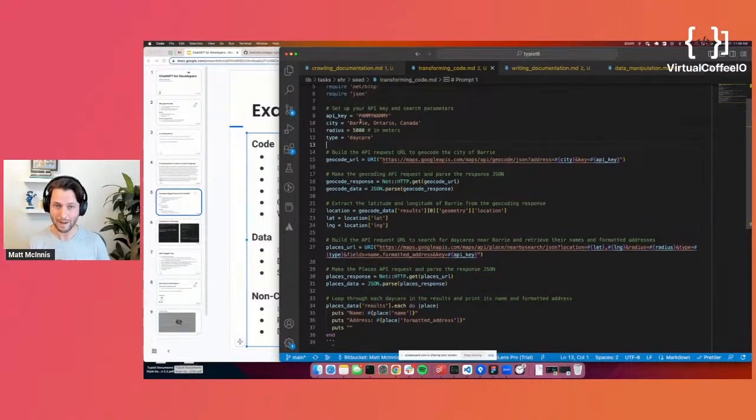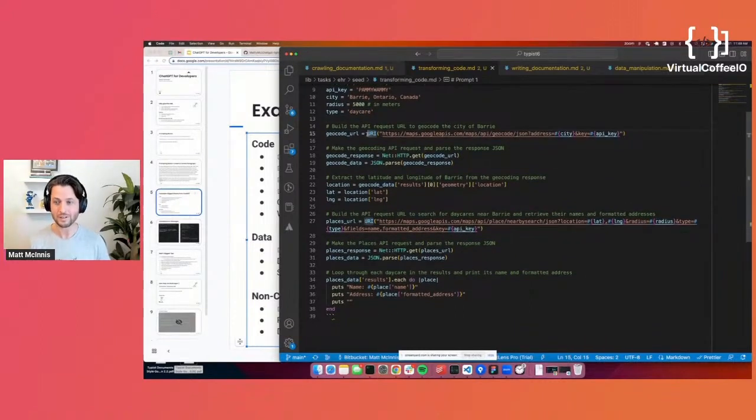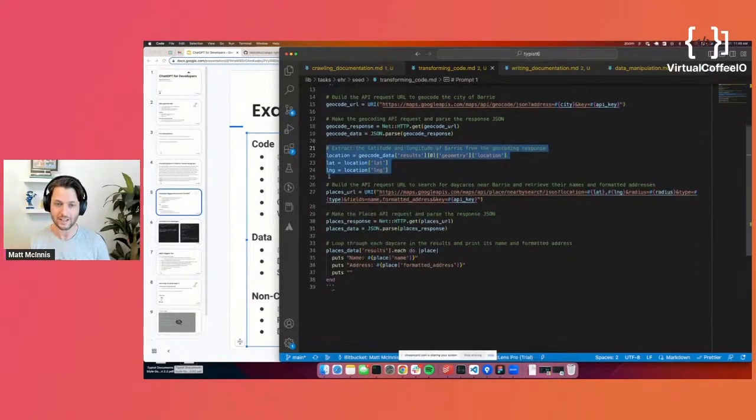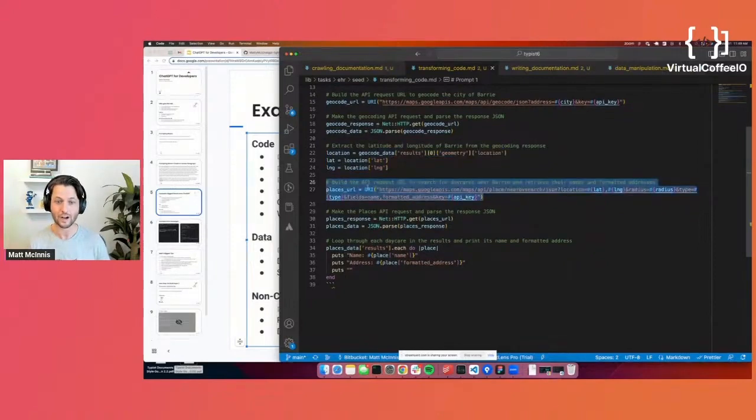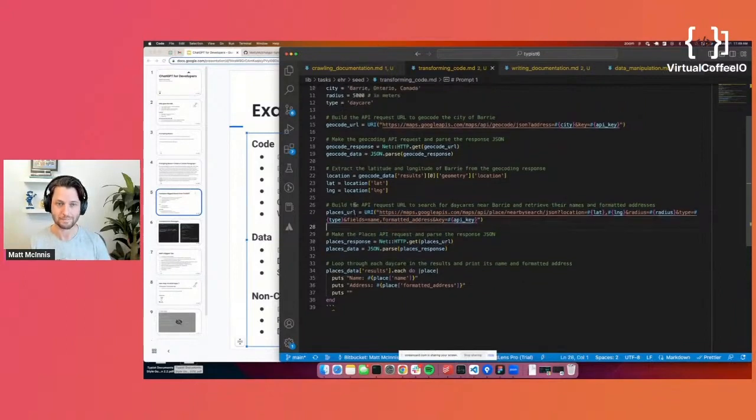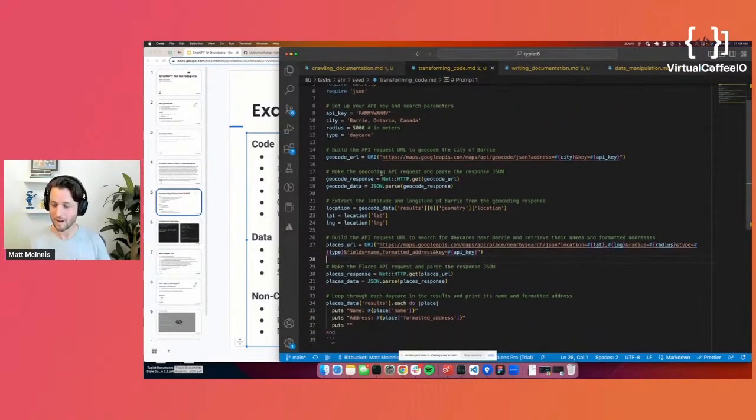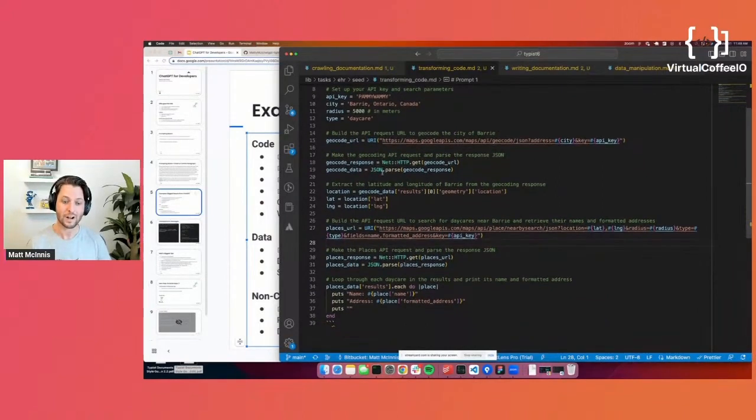And to do that with the Google Maps API, I need to make sort of 3 requests. I need to request the long lat of Barrie first, and then down here, I get the location, and then down here, I query for all the daycares, and then for each of those daycares, I have to go and get information about each place. And this is a script. This is basically copy-paste from the Google Maps documentation. So now that I've got it to a place in the console where this is all working, I probably want to make it a little bit more object-oriented and put it into my code base.